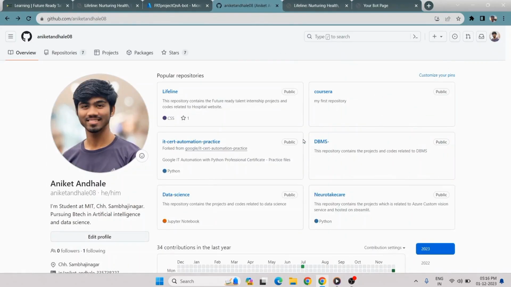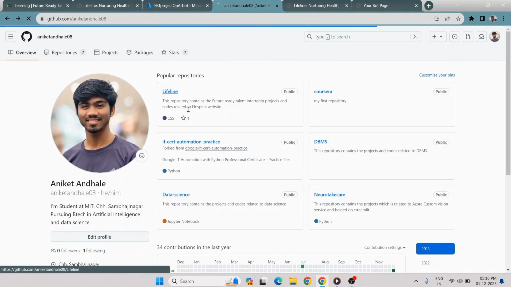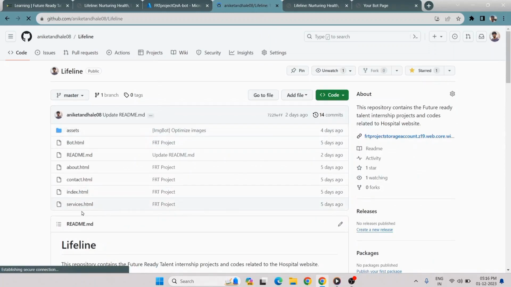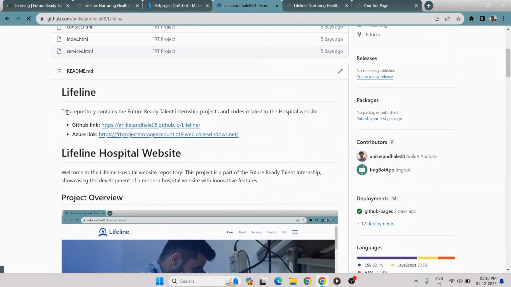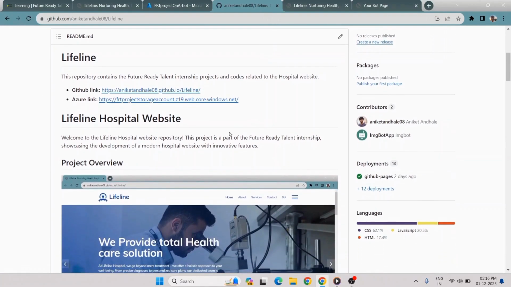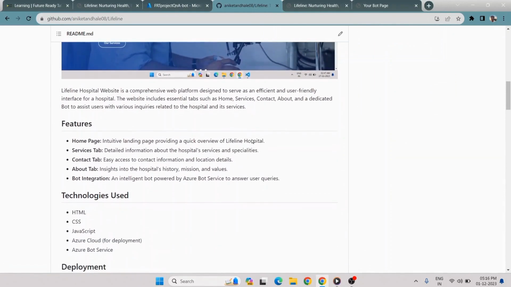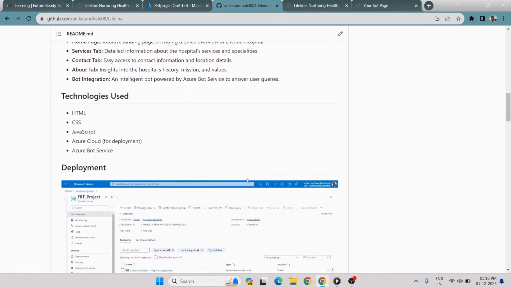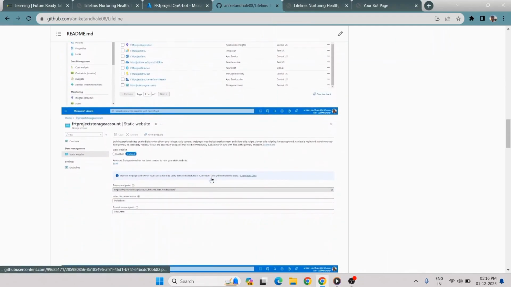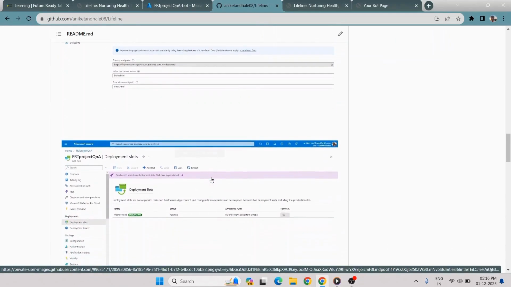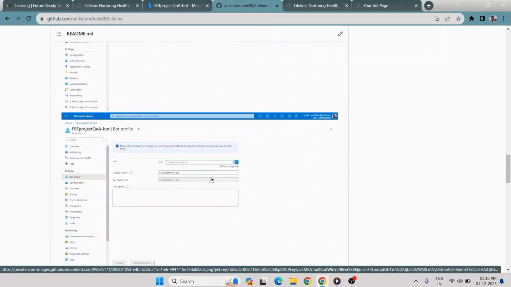Let's move ahead with my GitHub page. I have created a separate repository named Lifeline, and under that I have added the HTML pages and assets of the website. I also created a readme file which contains all information related to the project like the introduction, important links, overview, features, technologies used, and also screenshots.